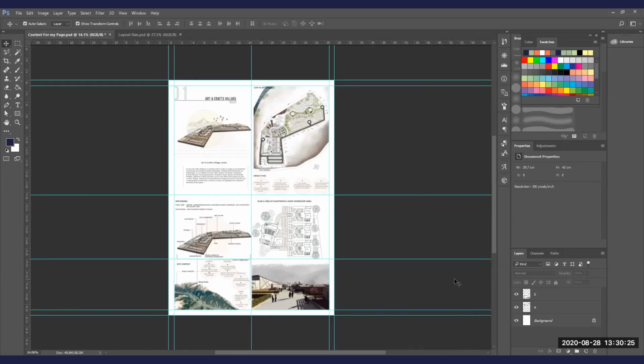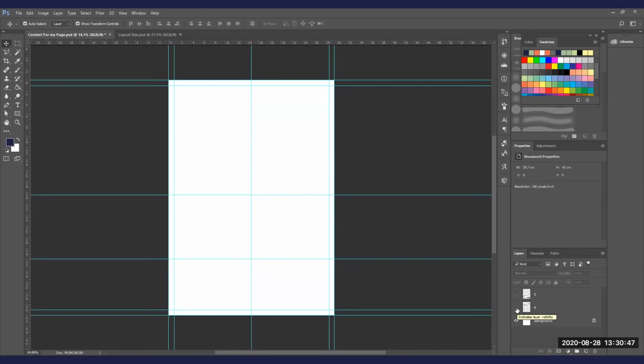Okay, so guys, this is one of my projects which I did in college, and as you look at this, this is my portrait orientation of the sheet, and I have added all the details accordingly. I'll show you step by step how you go about your presentation in a sheet. Before you start putting things in your sheet, you need to make sure that all the contents are ready. You also have to keep in mind that through this sheet, you're going to narrate a story. So keep all these things in mind and then start putting your details into the sheet.